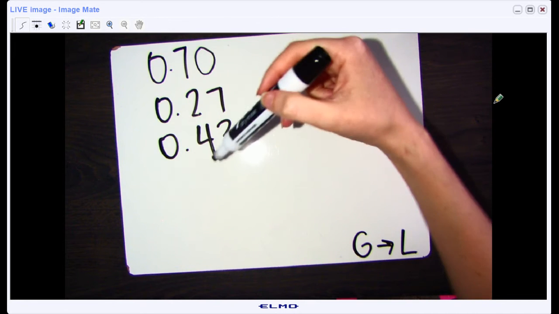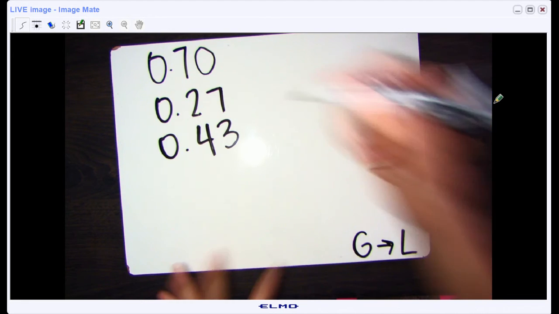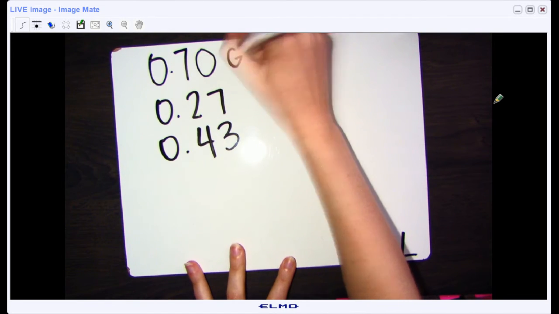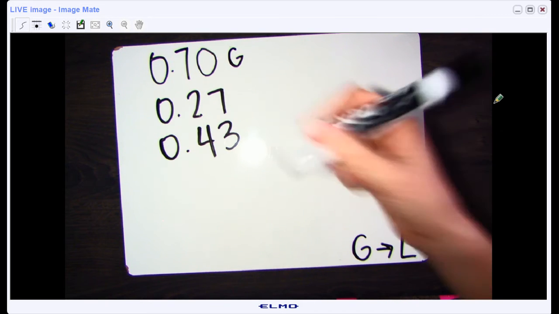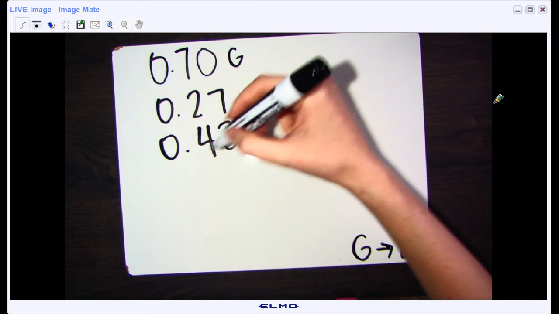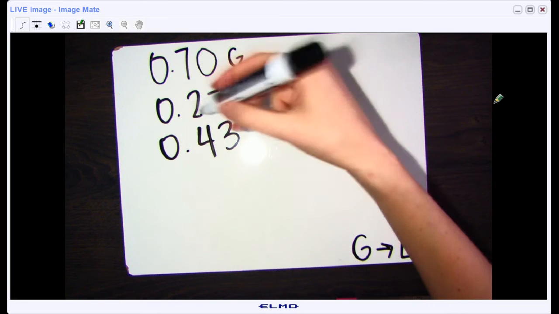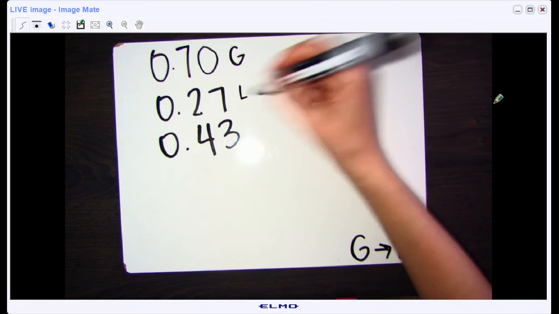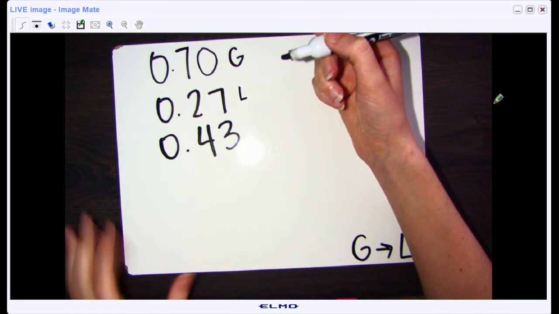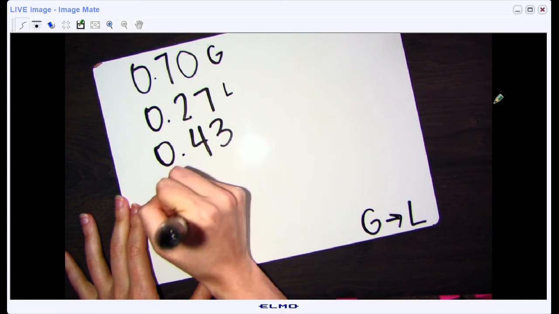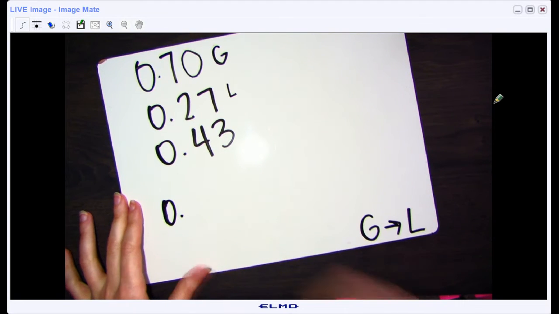Between 7, 2, and 4, 7 is the biggest number there, so 70 hundredths has to be the greatest number there. And then between 2 and 4, 4 is bigger than 2, so 2 has to be the least there. And then the 43 hundredths just comes in the middle. So if I was to write this in greatest to least, it would be